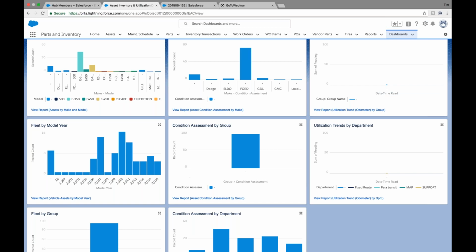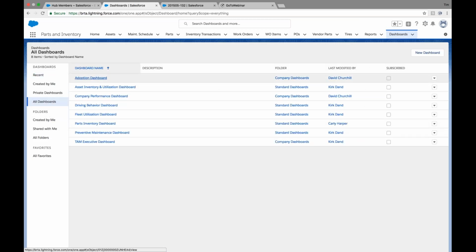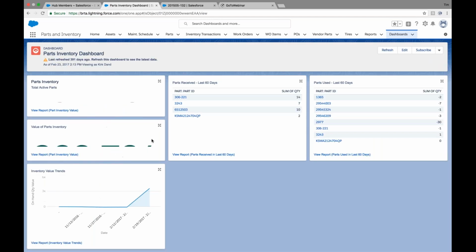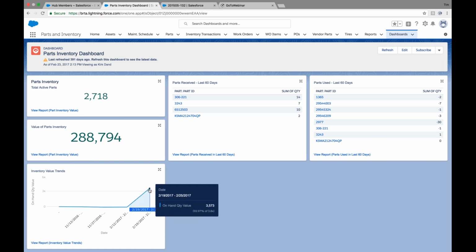Okay, if we take a look at a few other dashboards, we'll look at kind of all the dashboards. So, asset inventory, driver behavior, utilization, parts and inventory dashboard, preventive maintenance, and executive summary dashboard. Just to get an idea. So now we're just looking at parts and inventory. Now, parts inventory, we have total active parts, the value of those parts, inventory value trends. This simply represents when we imported a bunch of parts and inventory data from another system, parts used over the last 60 days,